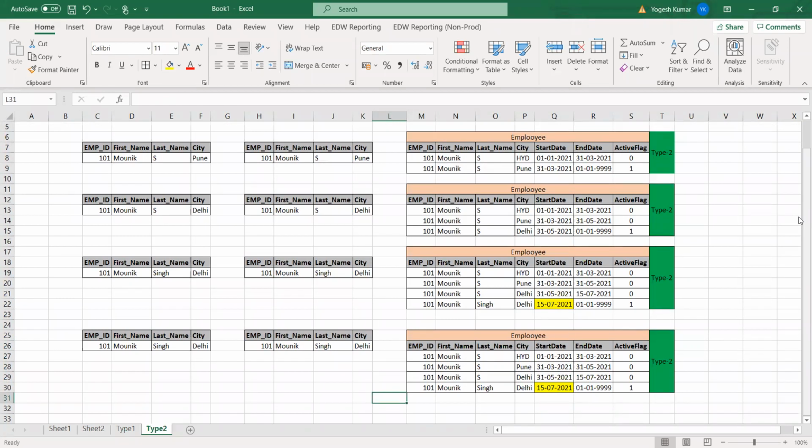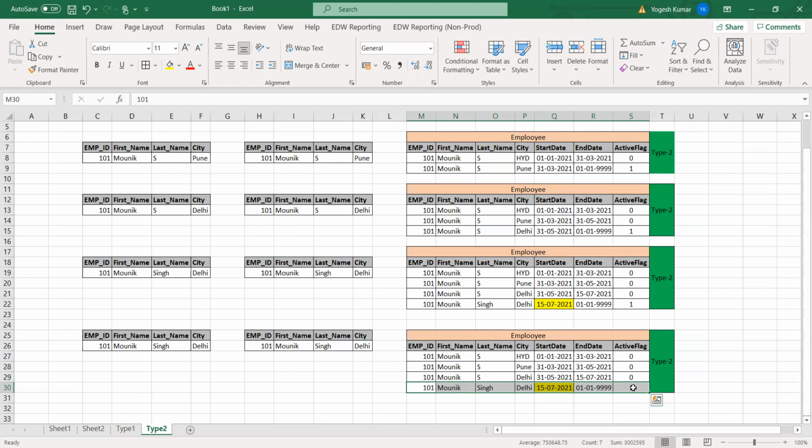If a record is loaded into a data warehouse 100 times, 100 rows would be available in that table, and the latest record will tell the current state of that particular employee or record. Are you all clear about this? Yes, sir. Any doubt? Because this is a table which you will use a lot in the future.